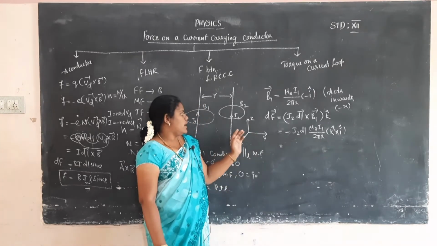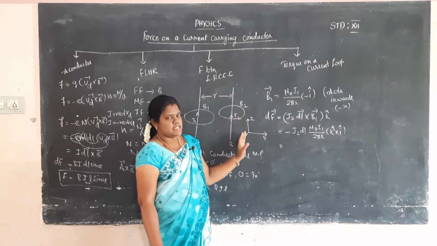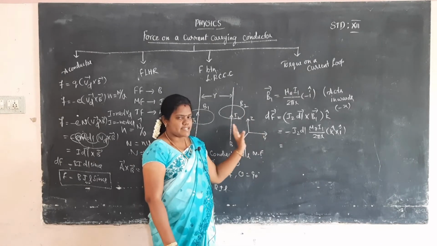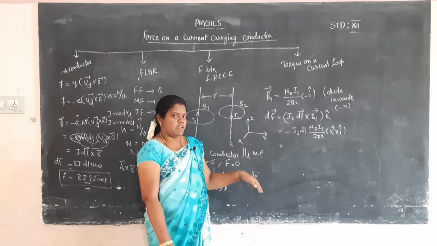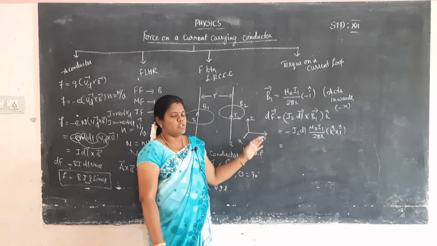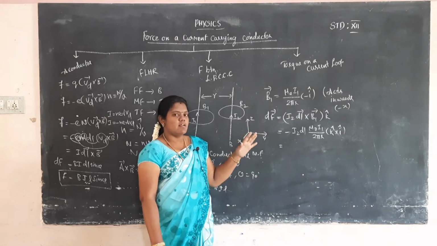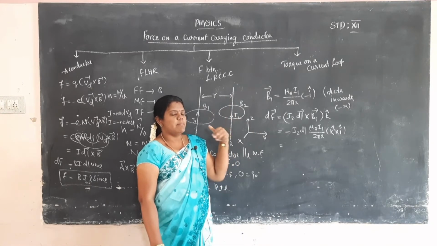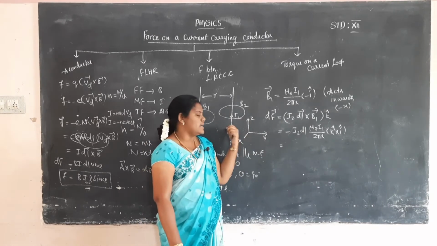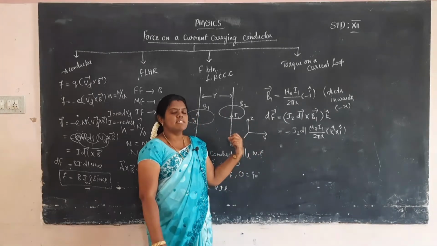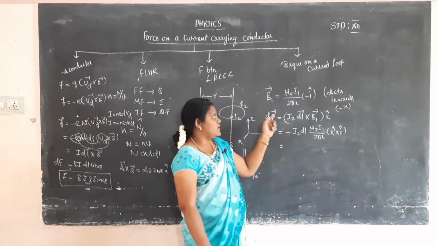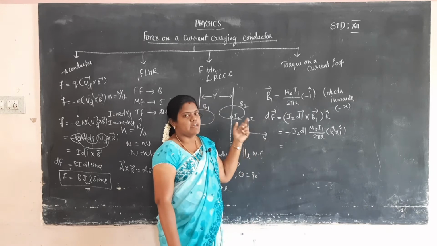What's the meaning? The current will be flowing along the z-axis, that is a long straight conductor. The magnetic field is created along the x-axis, first the negative x-axis and then the positive x-axis. When current flows in a wire, the current is along the z-axis, but the magnetic field will be created in concentric circles, acting along the x-axis, sometimes the negative x-axis, sometimes the positive x-axis. First the magnetic field created by the first conductor will be in the negative x-axis.